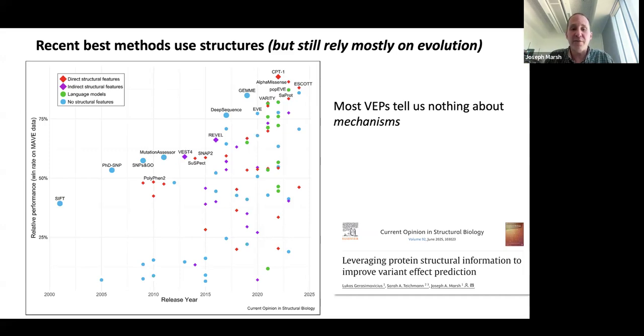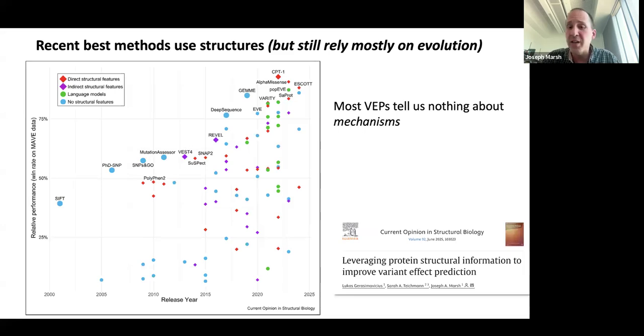So our kind of explanation for this is that over time, what has really improved variant effect prediction for most of history so far has been the inclusion of more sequence information as alignments get better and people come up with better algorithms for extracting that evolutionary signal from the sequence information. But possibly we're at a point where maybe that evolutionary signal is starting to get saturated a little bit and protein structural information is starting to become a bit more useful here, as seen by the recent top performing methods that directly include protein structural information.